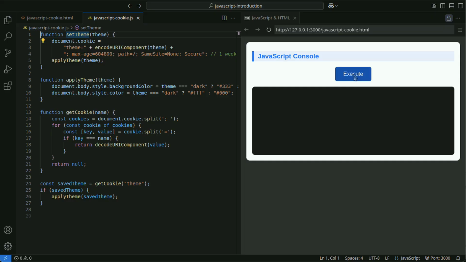The applyTheme function switches the background and text colors of the body according to the theme. In this example, since max-age equals 604,800 is set, the theme setting is preserved for 1 week. Since the user's selection can be retained upon revisiting the page, UX is improved.